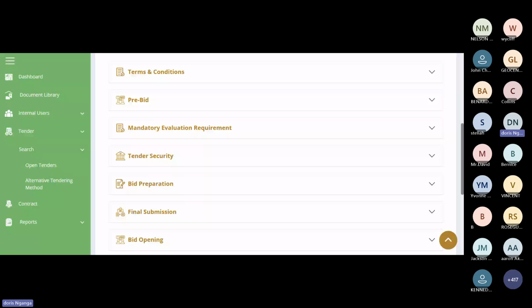If you have registered your company in the EGP platform and they are yet to be approved, kindly be a little bit patient. We are working on it, and very soon your companies will be approved.